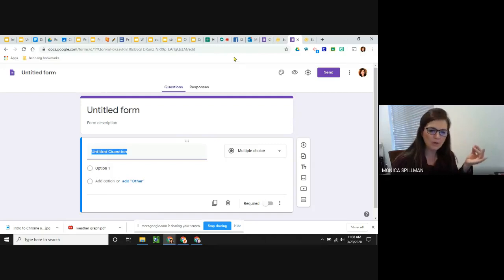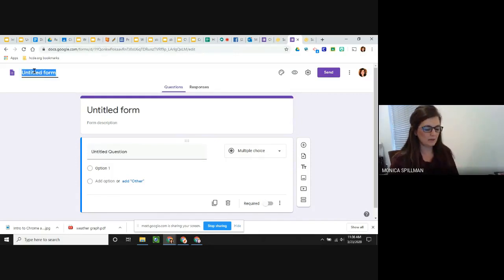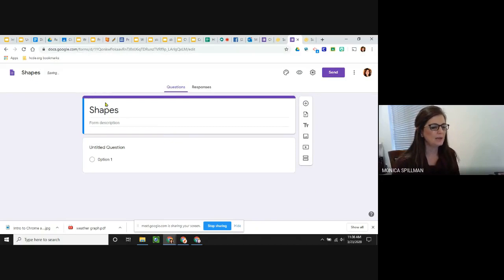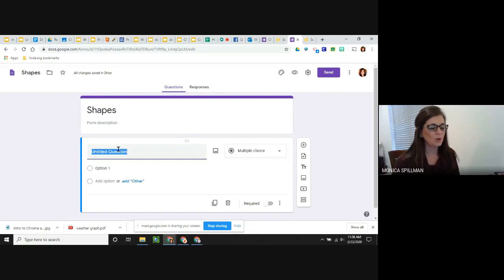So if you want it to be in the specific spot where it needs to live, open it from that folder. I'm being kind of quick and messy, but it's just because I want to make sure I share as much as I can. Say I'm doing shapes, and it'll change the title of your form to whatever. So question 1, see the little picture button is the one that kind of changes your form into something